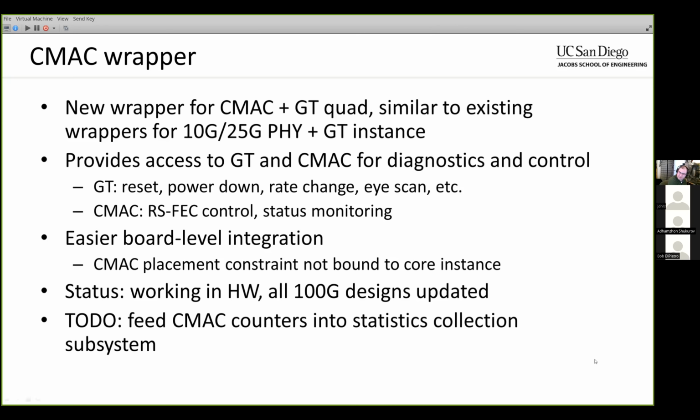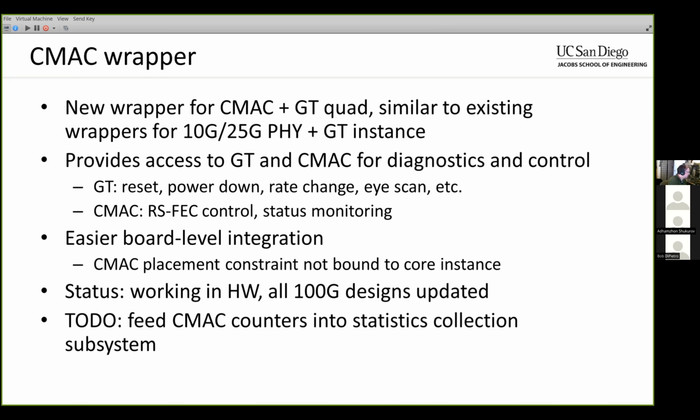Let's see. Yeah, I did have a small issue last time. I thought I had everything working, but it turns out that I also had to implement a little reset watchdog component to reset the receive logic, including the receive side of the CMAC and the GT, similar to what the 10 gig and 25 gig PHYs need to do.